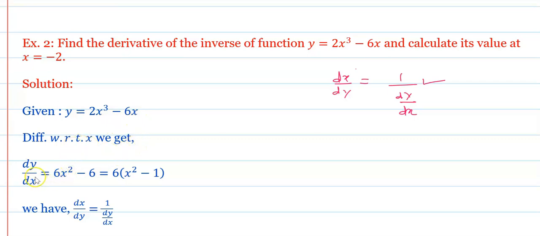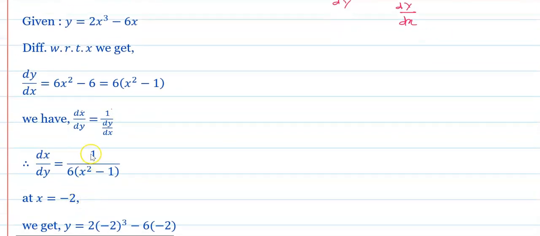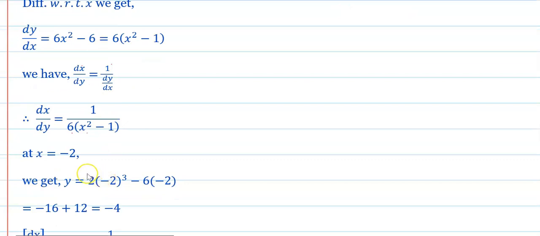Now here y is equals to 2x cube minus 6x. Differentiate this with respect to x. Then dy by dx is equals to 6x square minus 6. Take 6 as common. Then in bracket you will get x square minus 1. And hence dx upon dy is equals to 1 upon dy by dx, which is 1 upon 6 in bracket x square minus 1. But we want to find out its value at x is equals to minus 2. Therefore,